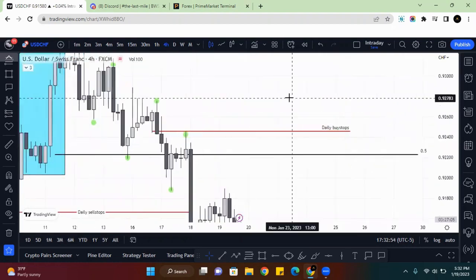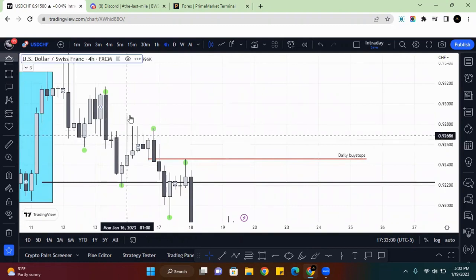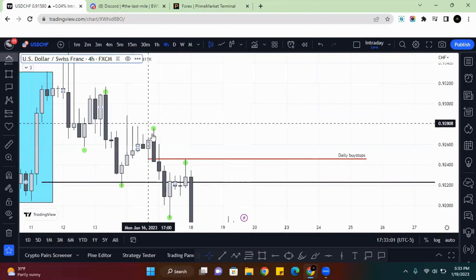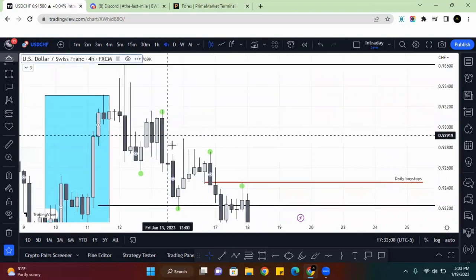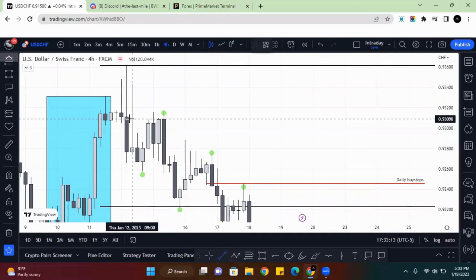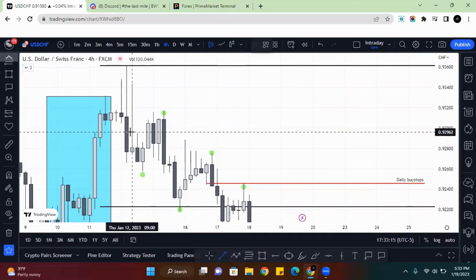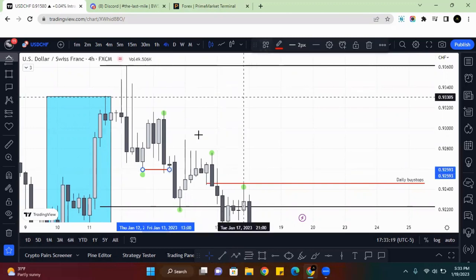And I could mark this up. You can see what's been happening. We had price trade above right here, price traded above right here, and then it's literally exclusively the swing highs and swing lows, right? So let me mark up some of this liquidity so you have a bigger picture. Let's do some of the swing lows at first.